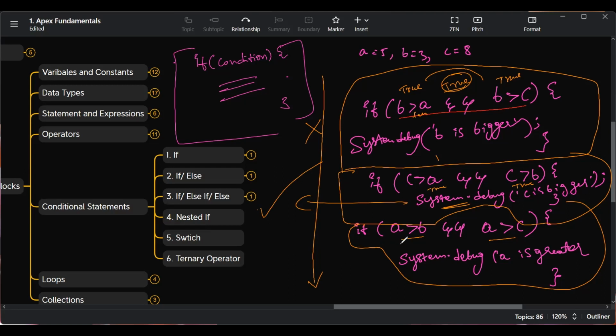In this next line, we are again checking: is A greater than B? A greater than B means, is 5 greater than 3? Yes. Then again, we are checking is 5 greater than 8? This is false, it's no. Since the overall outcome of this condition is false, this piece of code will not execute. So only the code that we have